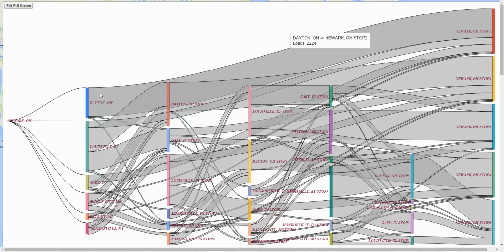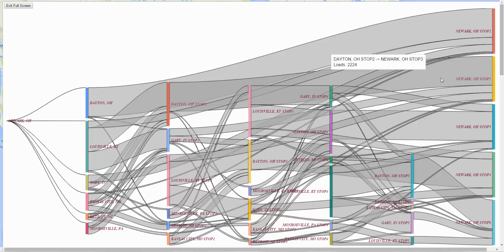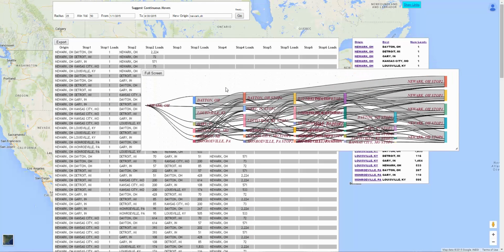If we take the chart to full screen, we can see in the full screen between Dayton and Newark, stop 2. So here we have Newark to Dayton and Dayton to Newark. And here we have a heavy volume of loads, and you can see what the chart does is show you by volume how the steps are going. So here we go from Newark to Louisville, and from Louisville there's a large number of loads that will go to Dayton, and from Dayton we can go then straight to Newark. So here we can see visually how we can build those continuous moves, and with the data chart here we can see